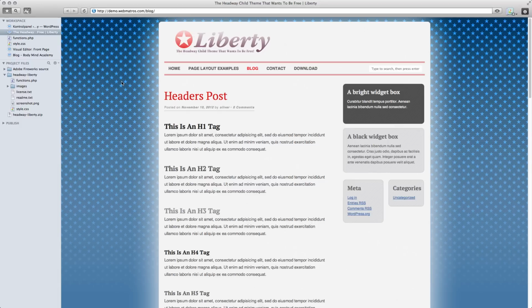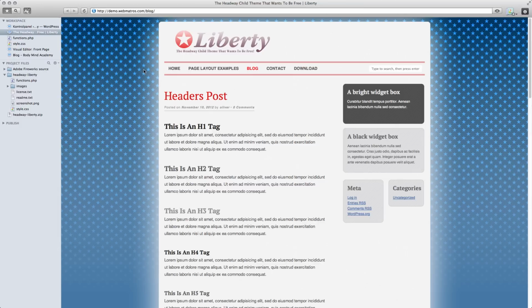Anyway, this is my own child theme for Headway that you can download for free at my blog. I created it to create a great starting point for people who want to make a Headway child theme themselves. So I figured I would go a little crazy with the background coloring and such.